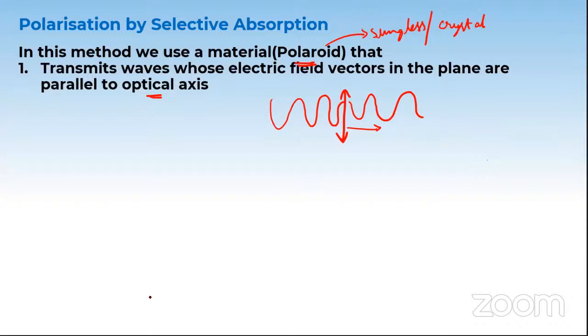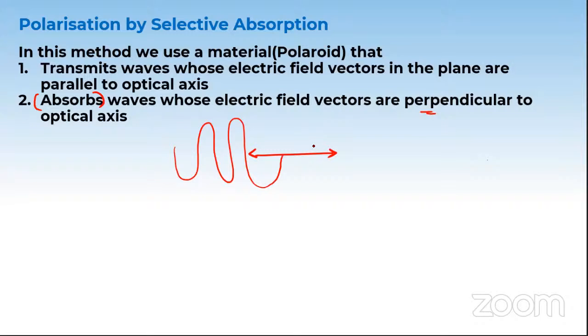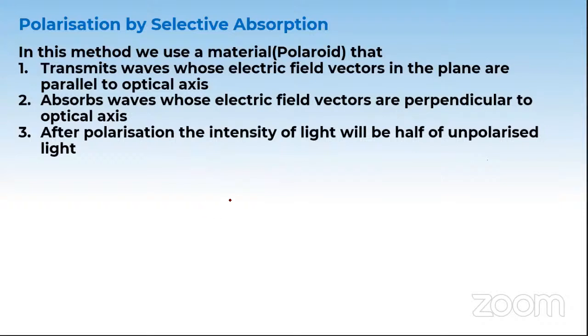But imagine a different situation in which the polarizing axis and the light waves are perpendicular to each other. If they're perpendicular, it will absorb the light waves. For example, imagine there is one polarizing axis in this direction and the light wave is coming in this direction. Now the light wave cannot pass through this polarizing axis and you will not get any wave at all. It will be completely blocked. So what happens to this wave? It is getting absorbed by the crystal. Very simple, right? And always remember, this is the most important point for problem solving.